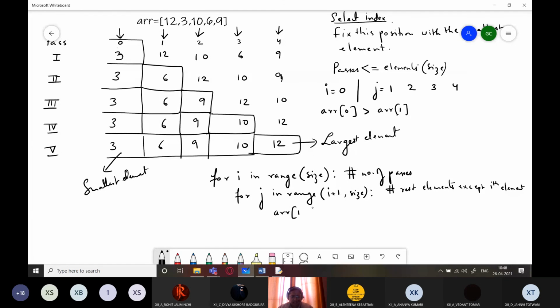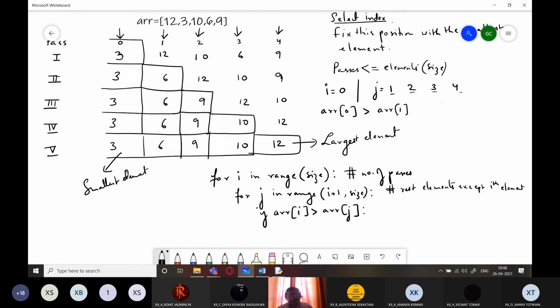If it is yes, so I'm going to write it like this. ARR I, is it greater than ARR j? Now see, I is 0. When for one iteration of I, j will complete all its iterations. So I is 0. When I is 0, ARR j is going to take up 1, 2, 3, 4.